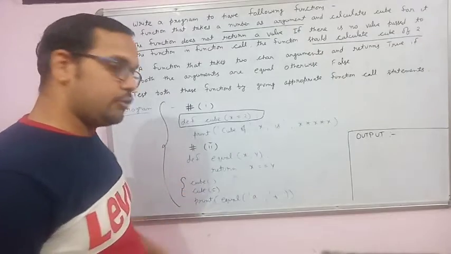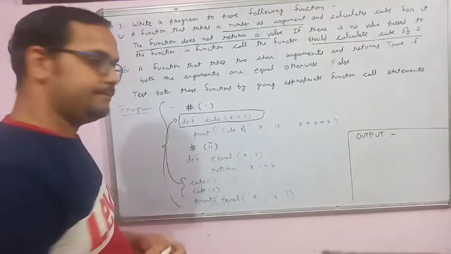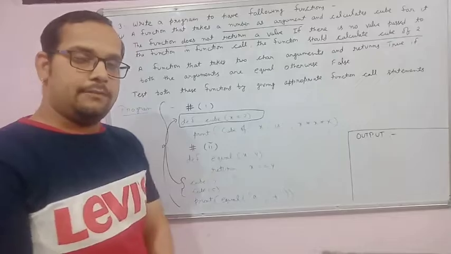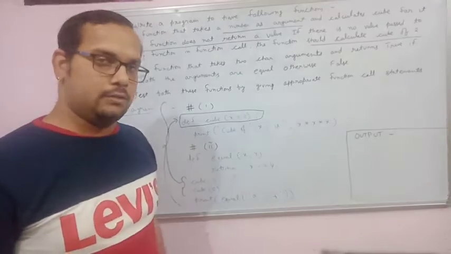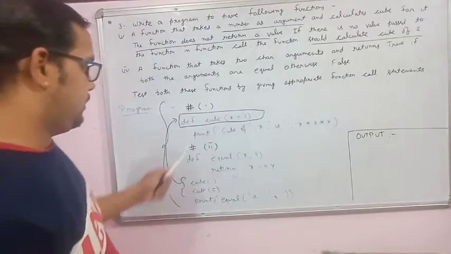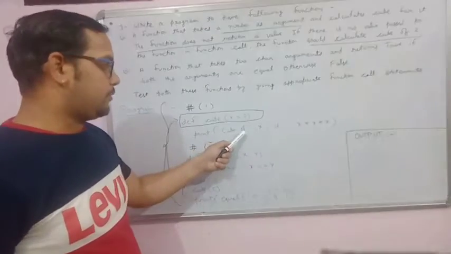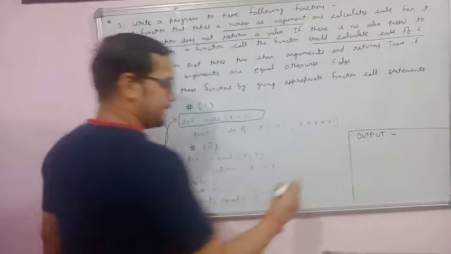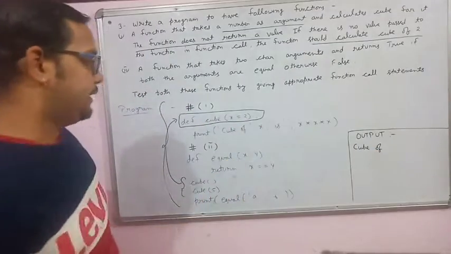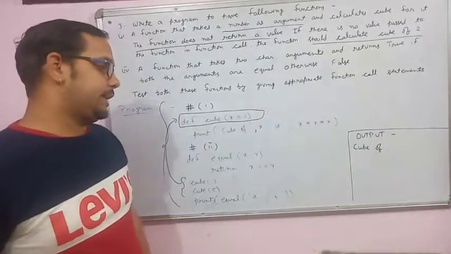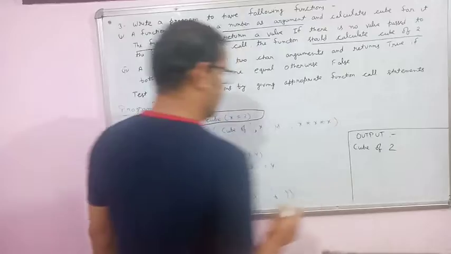Cube without any argument, this calling function goes to the called function here. If we are not providing any value in the argument, then it will take 2 as default. The value of x is 2. Print is a statement, and inside it, cube of is a message. It will display as it is. Cube of x is not written inside the quotes, so it will take the value of x. The value of x is 2.